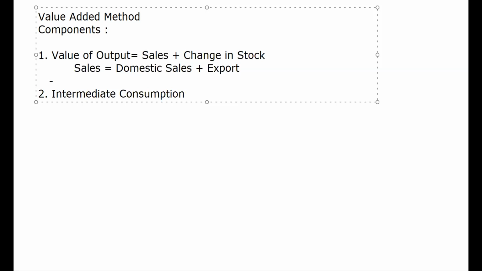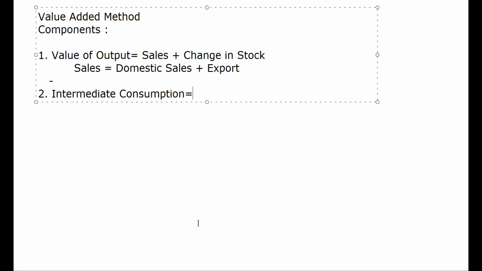What do we mean by intermediate consumption? Intermediate consumption means whatsoever raw material has been used by the producers, by the firms, to take the production of goods and services place. All this is known as the intermediate consumption, and the expenditure made on all these is known as the intermediate consumption expenditure. So what are the components of intermediate consumption?